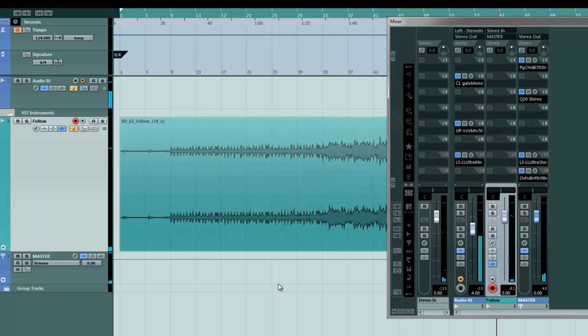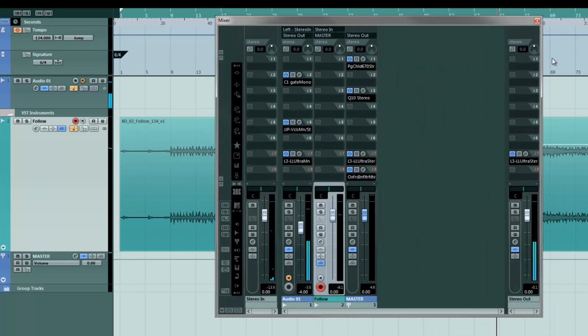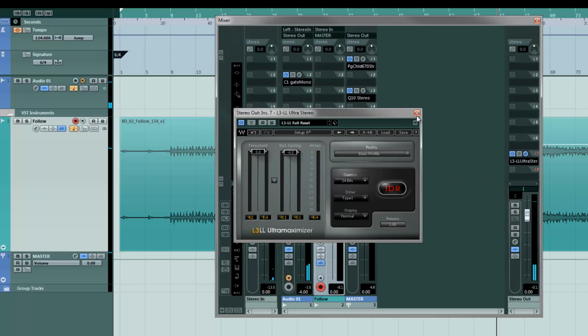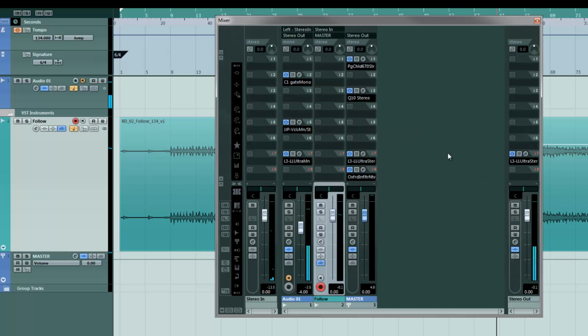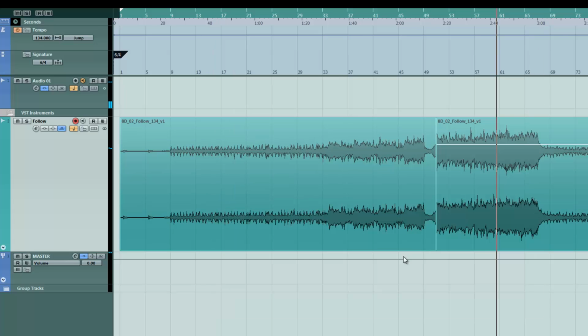Okay, so I think we've done an okay job. And by the way, don't worry about this limiter here. I just put that up to have like a general limit when I'm talking and letting the track play back, so nothing is going on with clipping. Okay, so